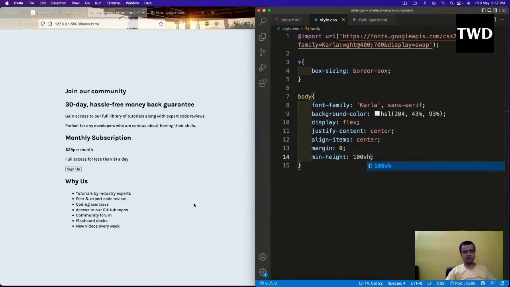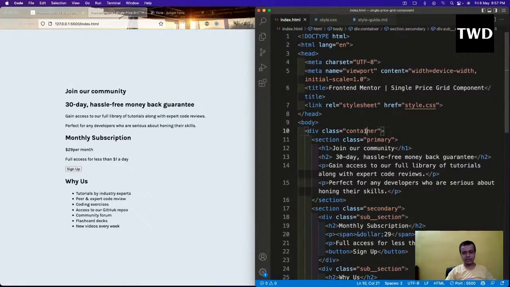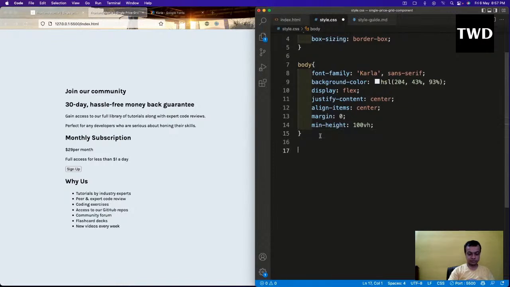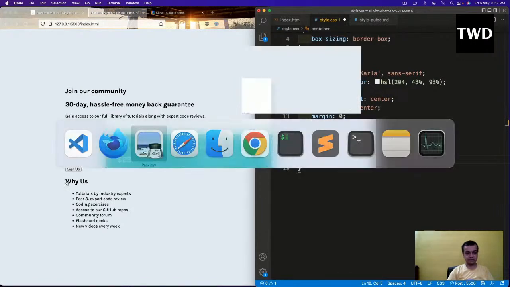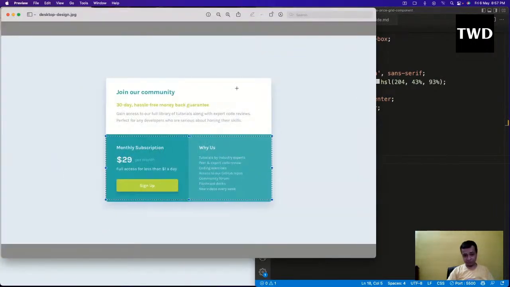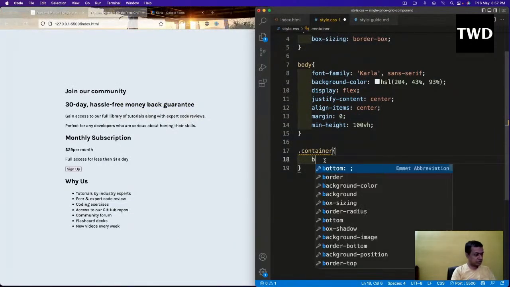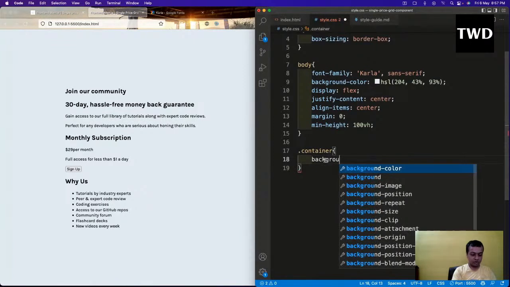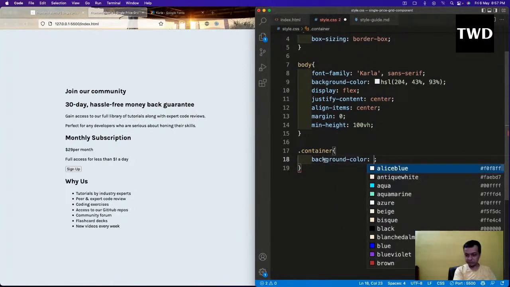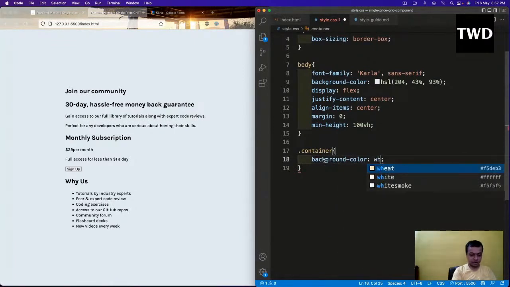So that is done. Now we are going to give the style for this container, which is the main thing, which is controlling everything. So I will come here and do a dot container, and this container background color is actually white here. You see here the background color. This is the background color. The main background color is white. So we will do the background color as white, and